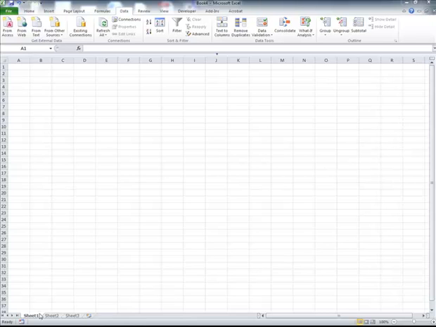Alright, so the first thing that I want to do is this is going to be a monthly sheet, to track the counseling over several months. So this first sheet down here, I'm just going to double click on that and change the name from Sheet 1 to Month 1. And the same thing, I'll double click on Sheet 2 and change it to Month 2 and Month 3. Okay, so I'll click back on Month 1 and we'll just put a generic 4 weeks in